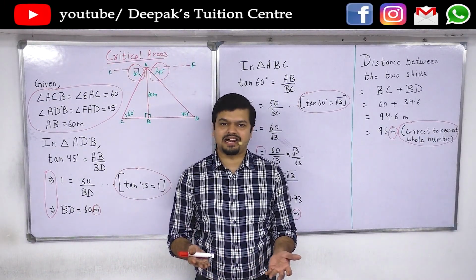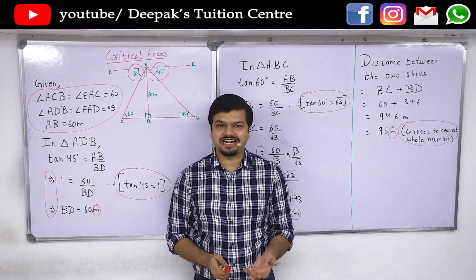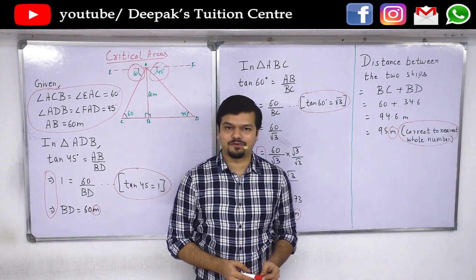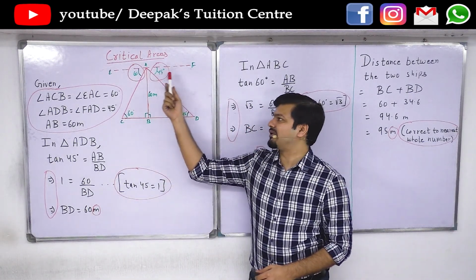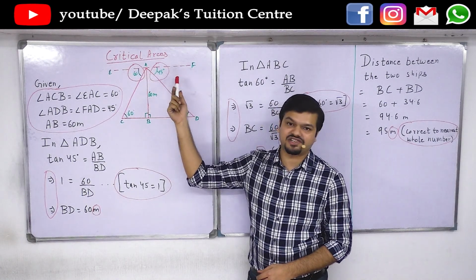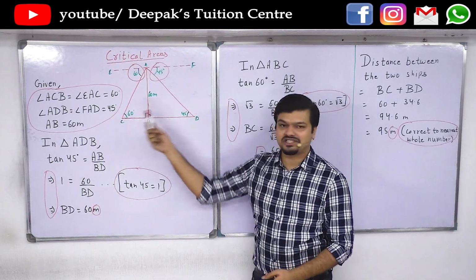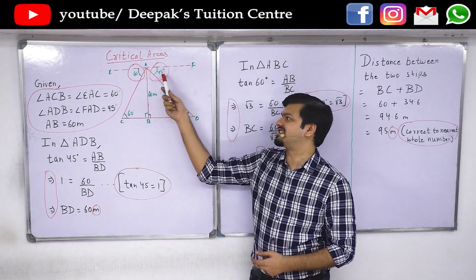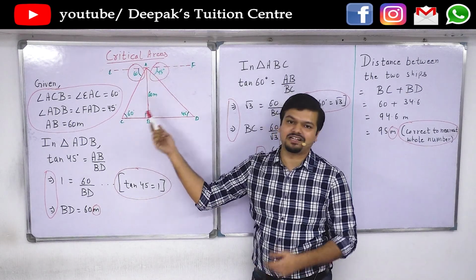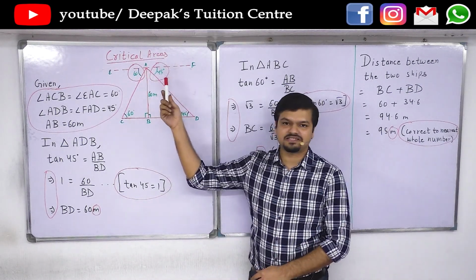Obviously, drawing the correct diagram is the most critical part of the question, but even inside a diagram you need to be very careful. If the question is about angle of depression, you must mark these two as angles of depression. Even though we are not using them and are just using these two angles, you have to show that originally the angles of depression were this, and then this was equal to this, and therefore it became my favorable option.